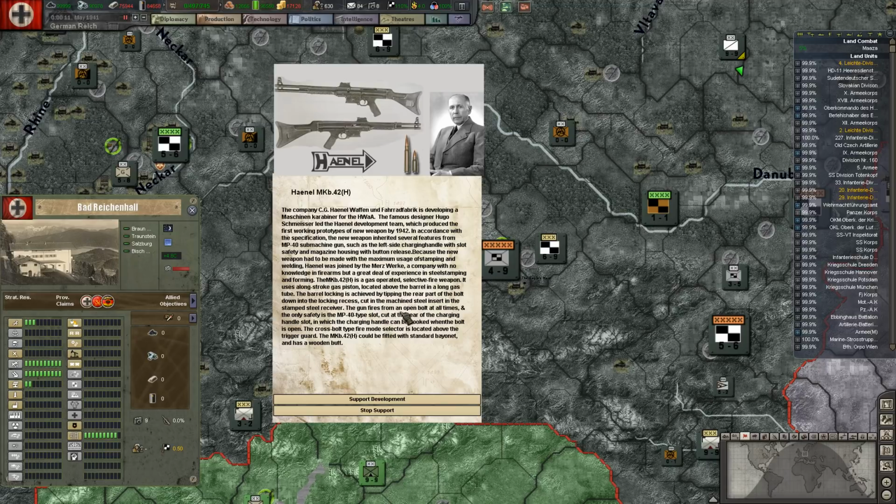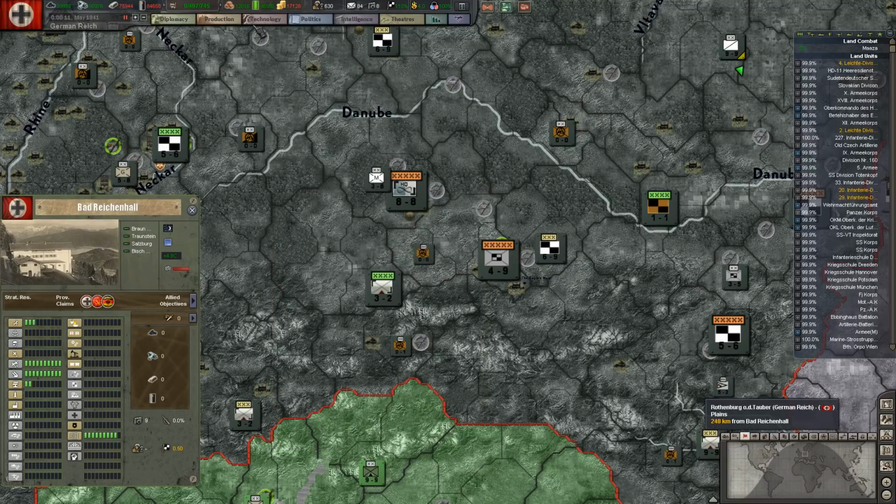Barrel locking achieved, I don't know. Fires from an open bolt. Right. Okay, so this is not the MP 44 or the Sturmgewehr 43, 44 that comes later with various models. These are pre-built models, these are earlier types. So these are all the Henel. This is the H. So we can support development or not. We're going to do that. And we get a little bit of gain